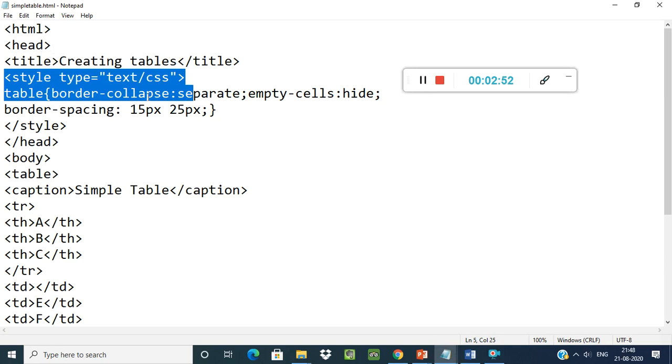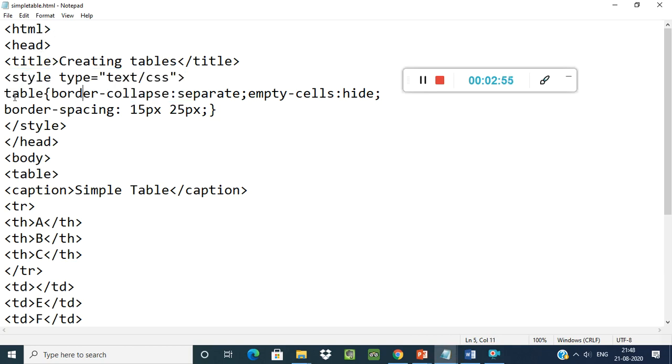In the style tag you mention which type of table you want: border, empty cells, spacing, how much space you want in your table. All is mentioned here. After that, the body tag. In the body tag you have to mention the main table rows and columns.